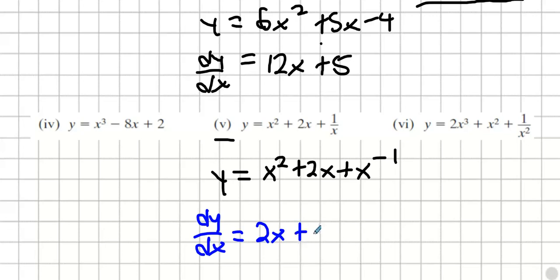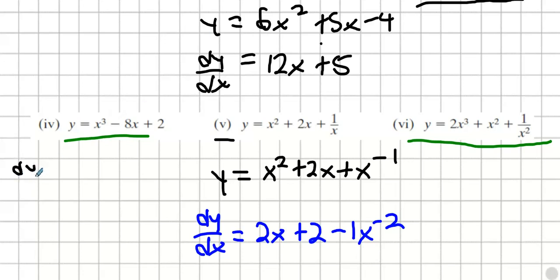Plus 2. Bring the minus 1 to the front. What do we get? Minus 1x. Take 1 away from the power. Minus 2. Same thing you did. You bring 2 to the front, take 1 away from the power. Now,